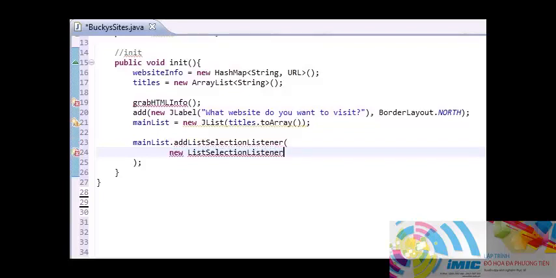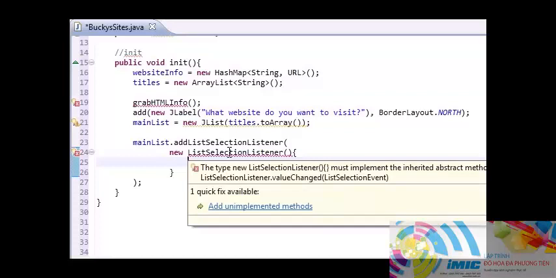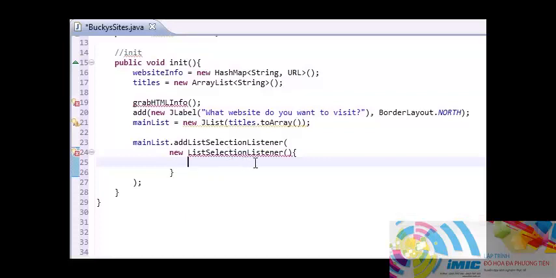listener. And by the way, I don't really like anonymous inner classes. It's like a class inside of a class inside of a class, and there are easier ways to get around this, but for now, we'll use it. So inside here we add a method called value changed. So public void value changed,